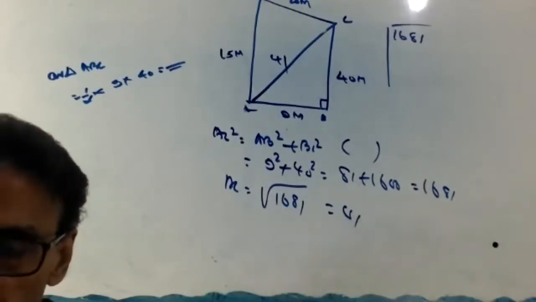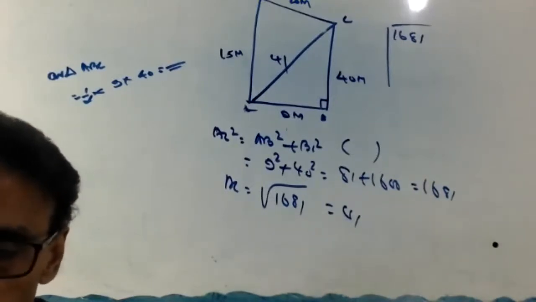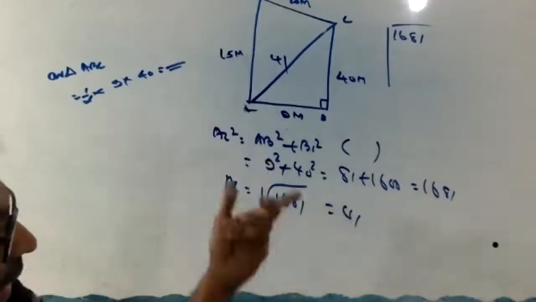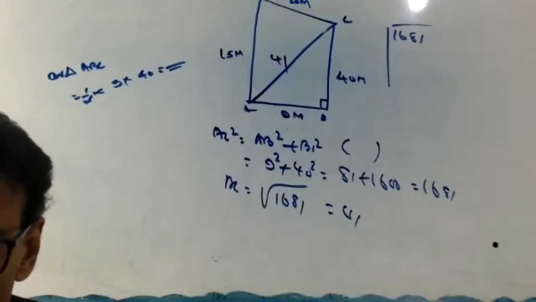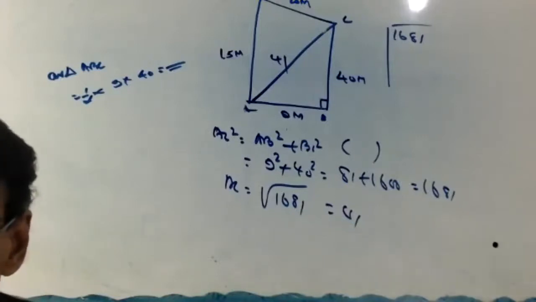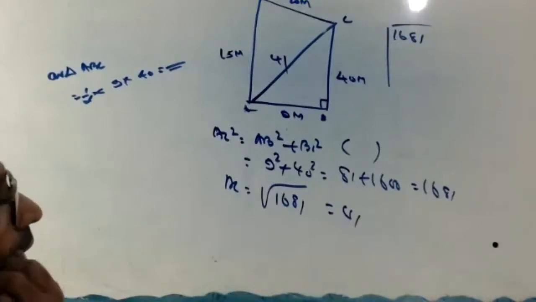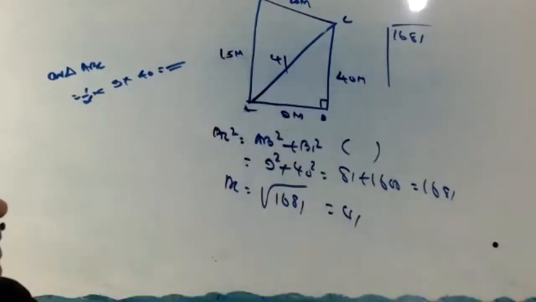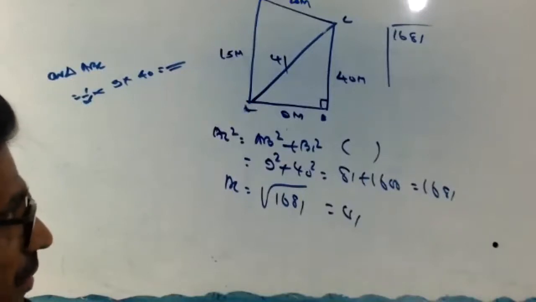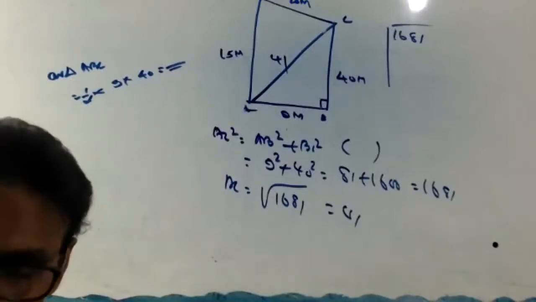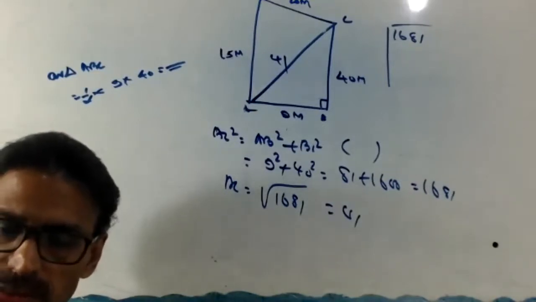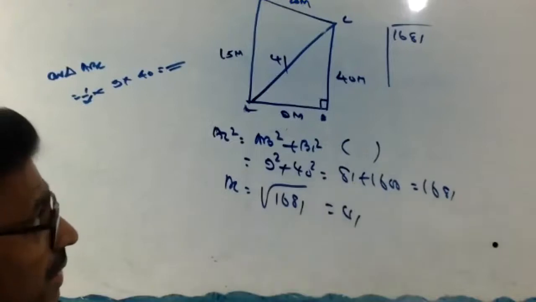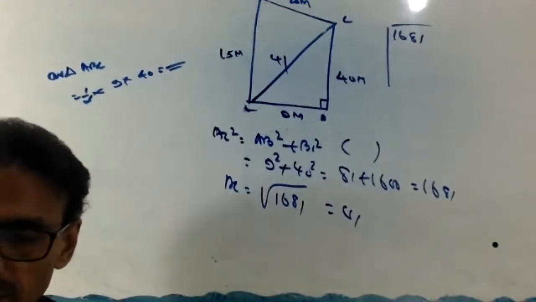What do you have to repeat? First you find the area of triangle ABC. Then you find the area of triangle ADC. The sides are given: 41, 15 and 28. You find that out, that's all. Last class you did the same. DC is 28. You can check the question now. DC is 28, it is given.